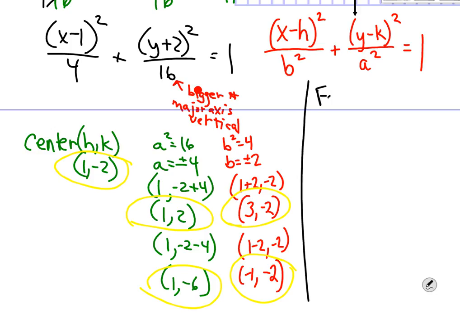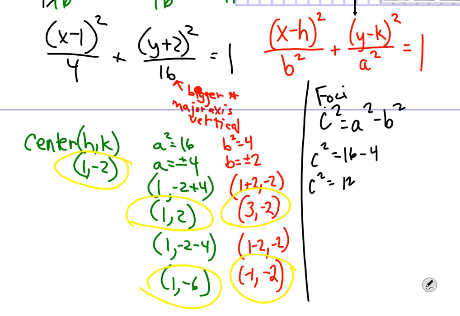And to find our foci, we have c squared equals a squared minus b squared. And it's always in that order, and you'll just know you made a mistake, or you have to reconfigure things, because a should always be the bigger number, right? If we're going to subtract and not get imaginary numbers, then we want to remember that. And they're squared already up here, so c squared is 16 minus 4,